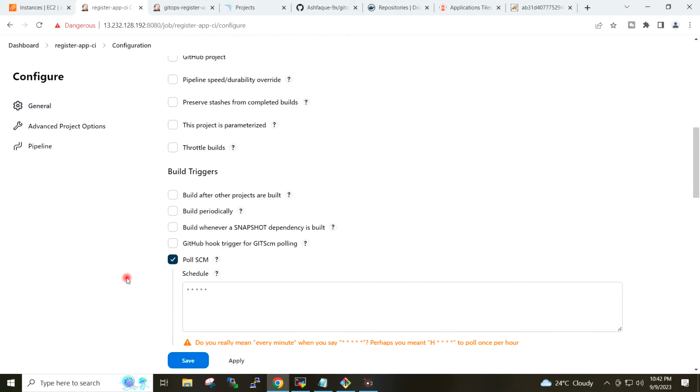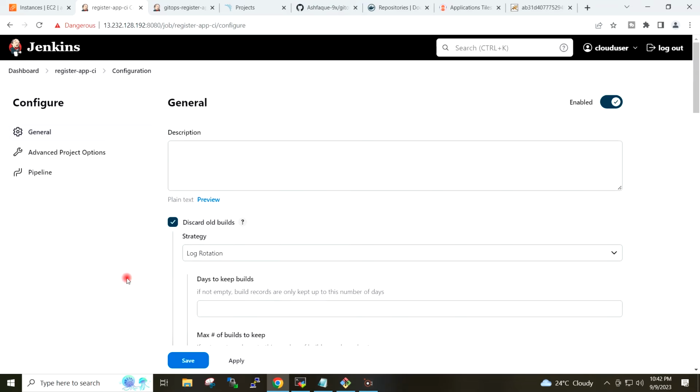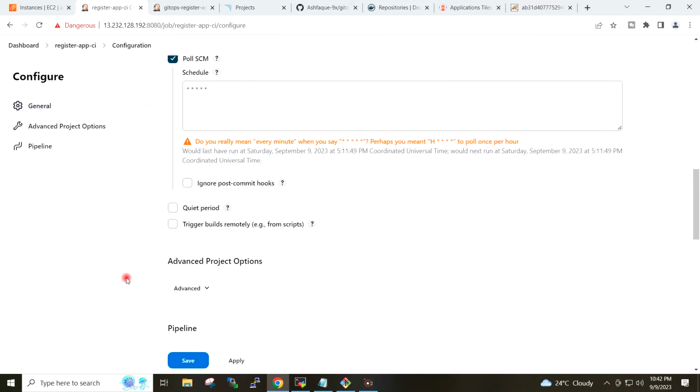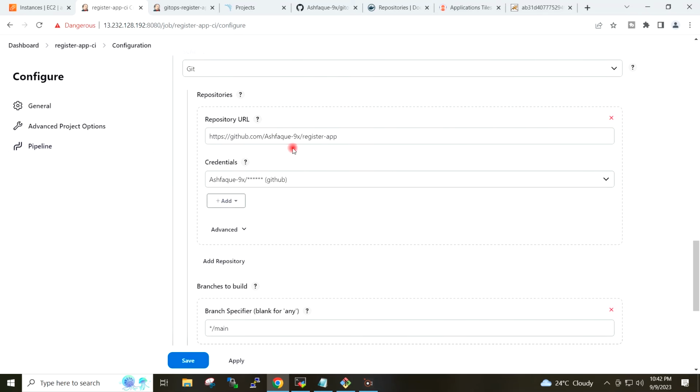It will monitor this repository every minute, and if there is any change on this repository, it will trigger the build job. Apply, save.